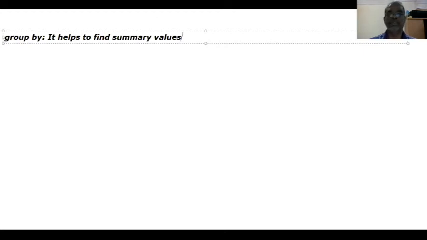So these are called summary values, for aggregate functions. The aggregate functions are count, sum, min, max, average.